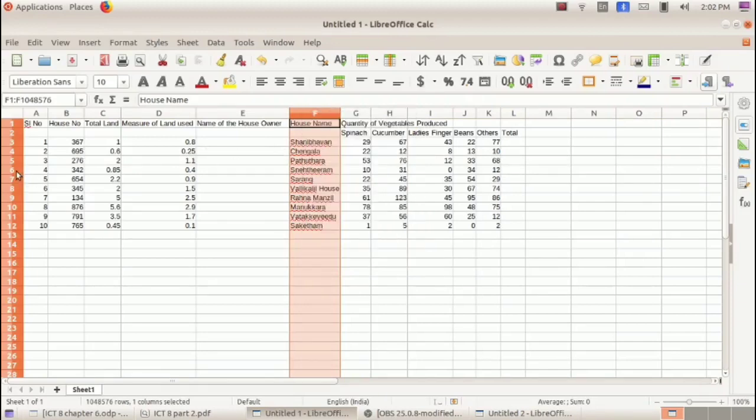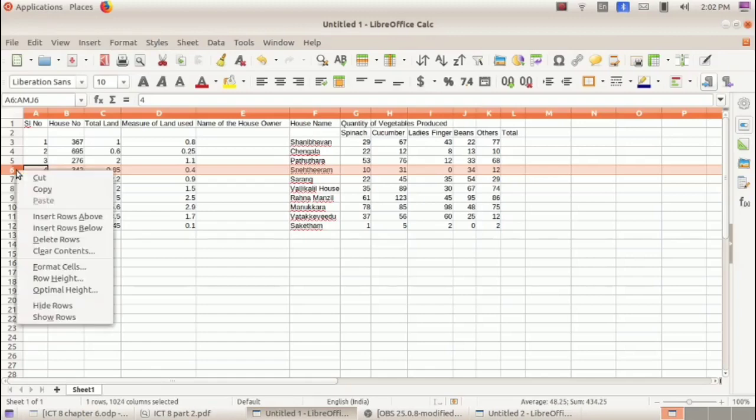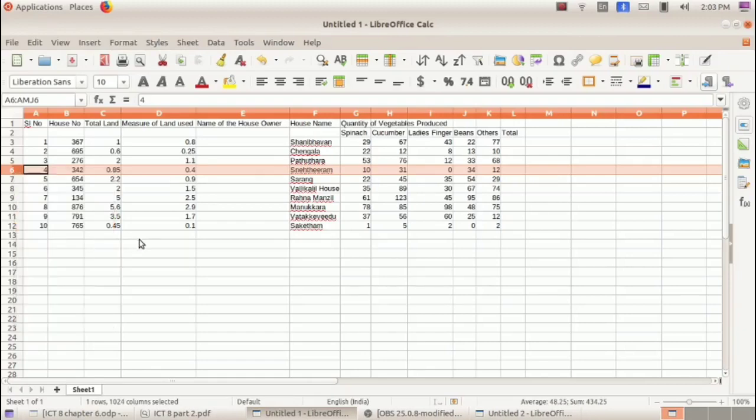Similarly, for inserting a row also, select a row by clicking on the row header, that is the row name. Here I have selected row 6. Then right click the mouse. Here we can see two options, insert rows above and insert rows below. So this is another method of adding new columns and rows.